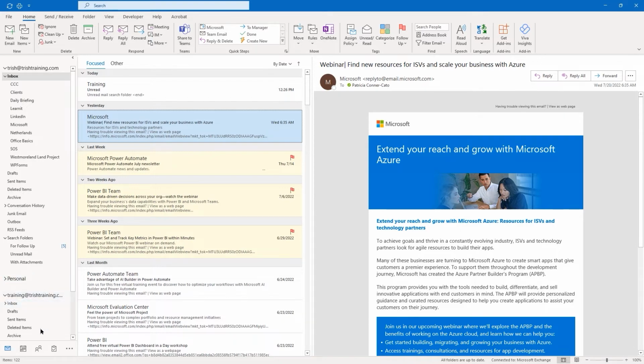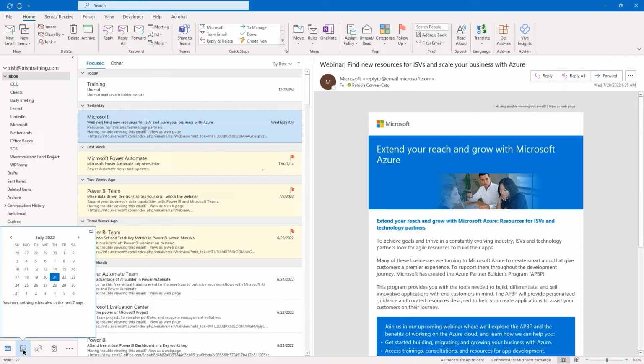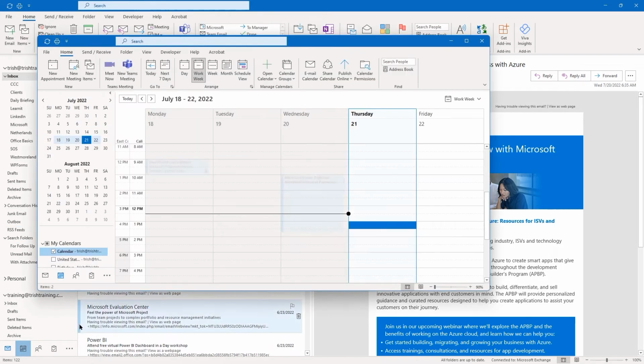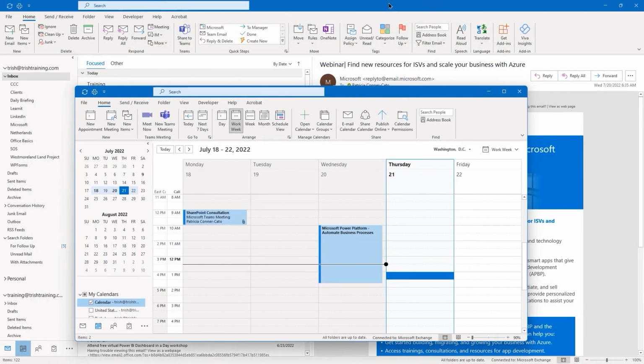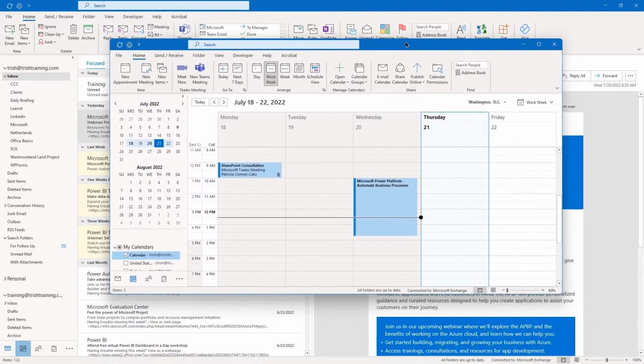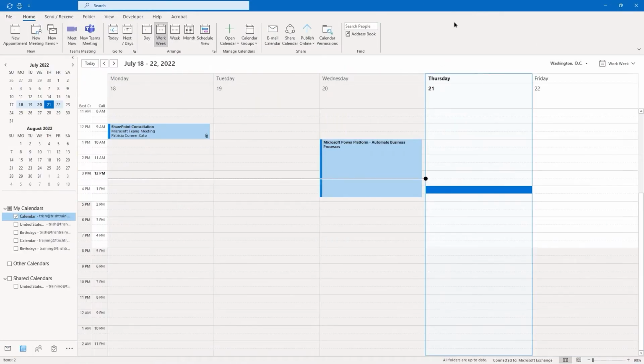This is how you do it. This time, right click on that calendar icon at the bottom and choose open in new window. So now I can have my calendar open and I can have my inbox open. And if you have multiple screens, you can have one on one screen, one on the other. That's how I normally work in here.